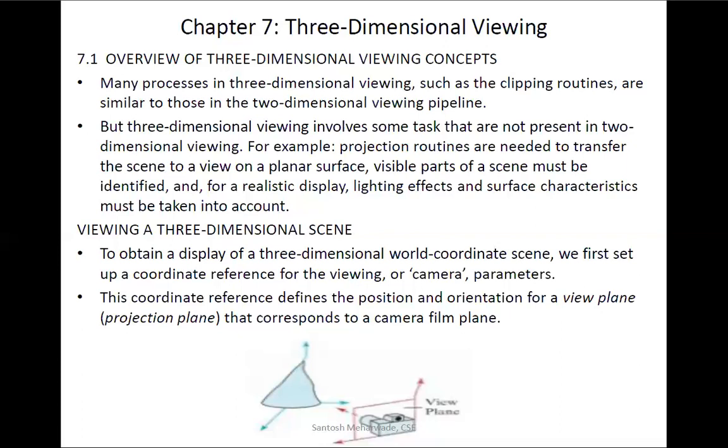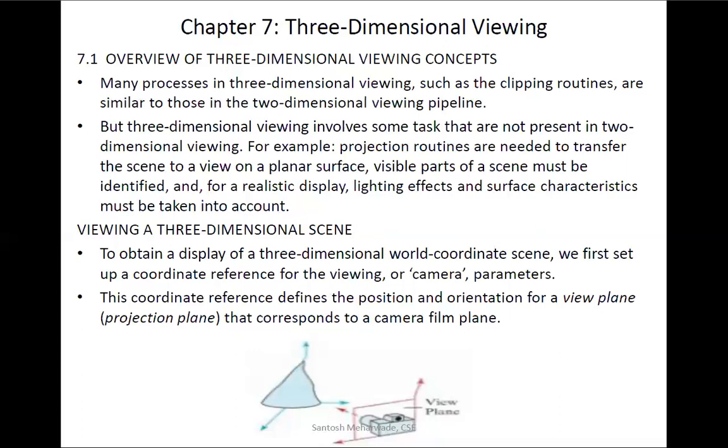Assume that you have modeled an object. The object is present. Next, the light is also there, which means some amount of light is falling on that object. So the object is there, the light is there, and the object also has some material properties, which may be smooth or rough.